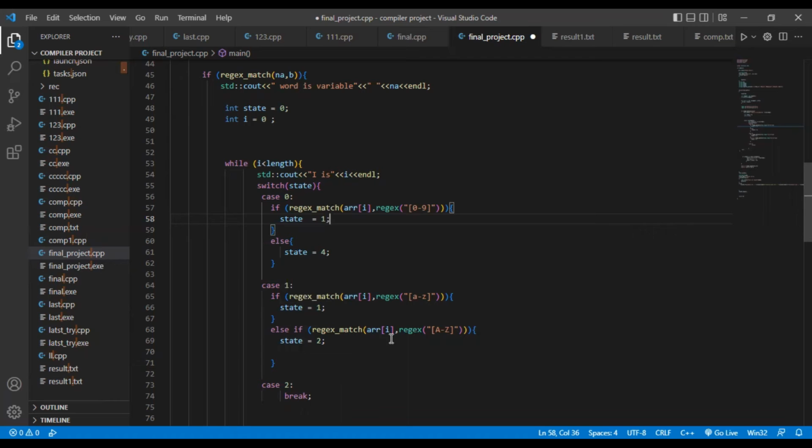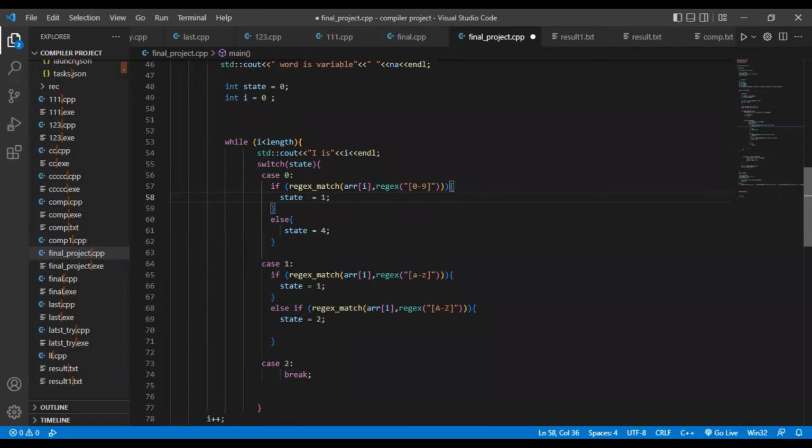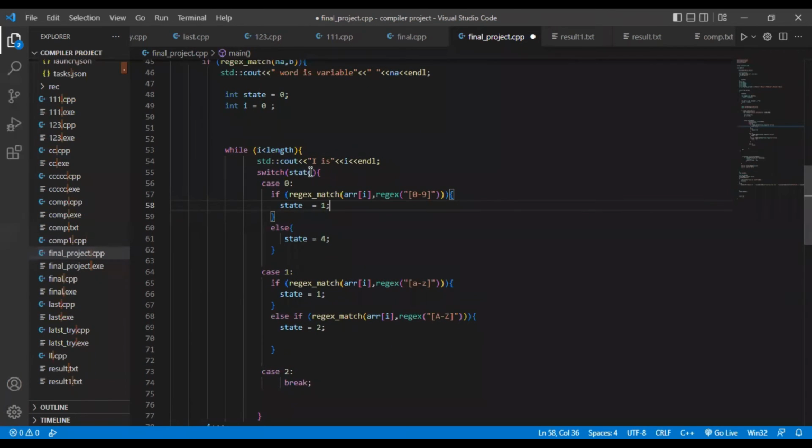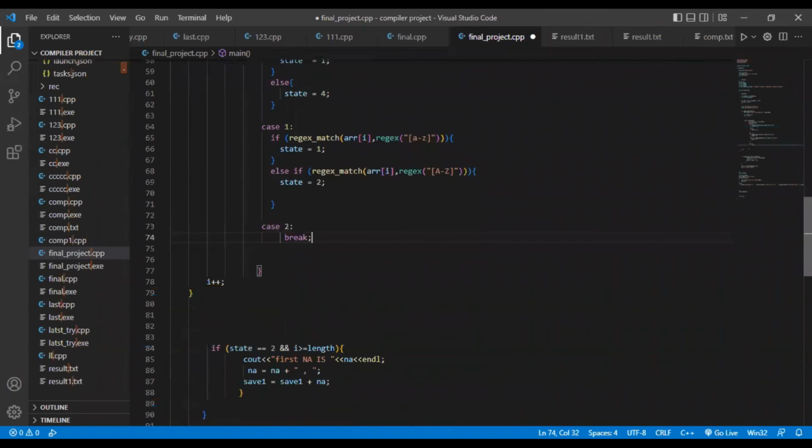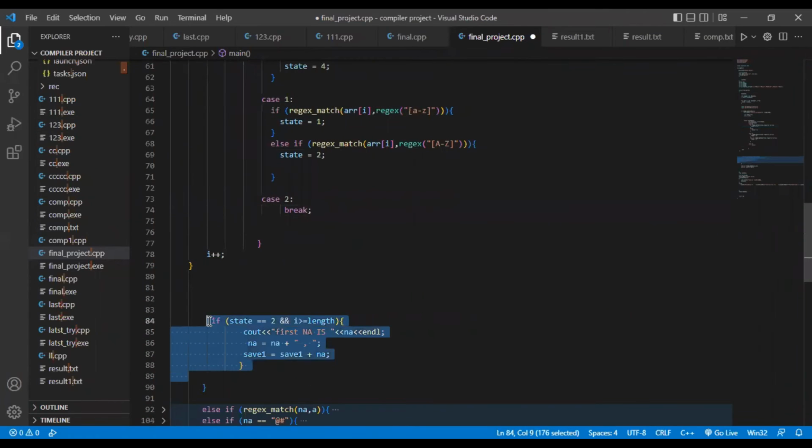Else if a single capital letter occurs, then state is equal to 2, and we move to the final state. And in the last there is case 2. If state is equal to 2, then we move to this case, and the loop breaks, so we can reach the final state. At the last there is an if statement we can use to identify whether the word is accepted or not. If we reach the final state, state is equal to 2, and the whole word is processed, there is no element left in the word,